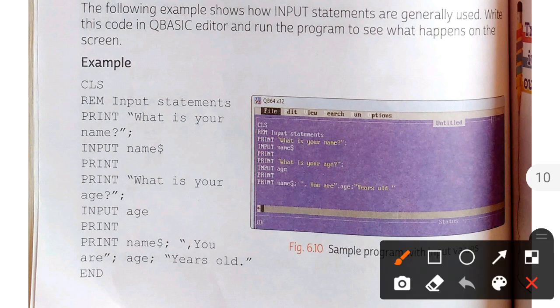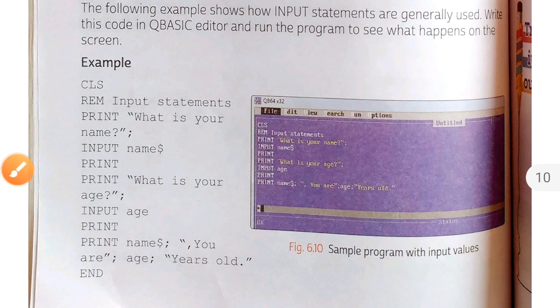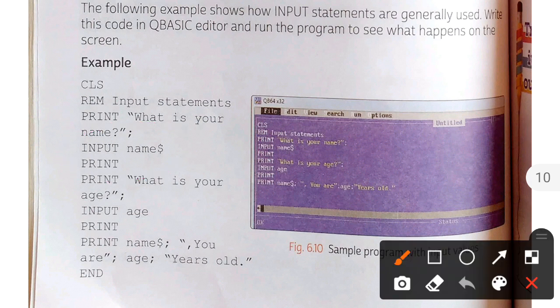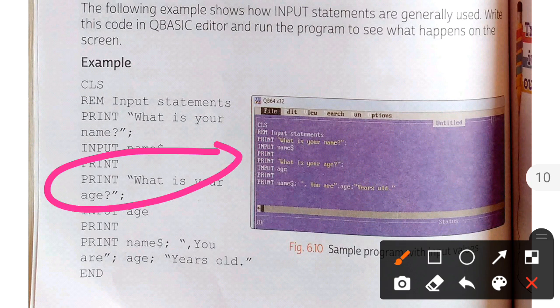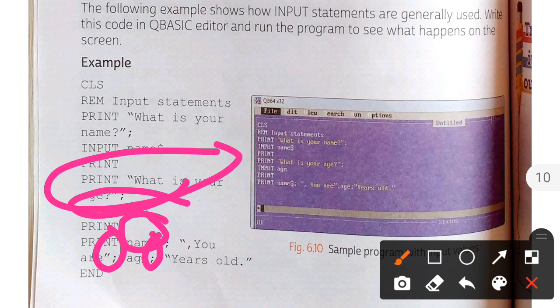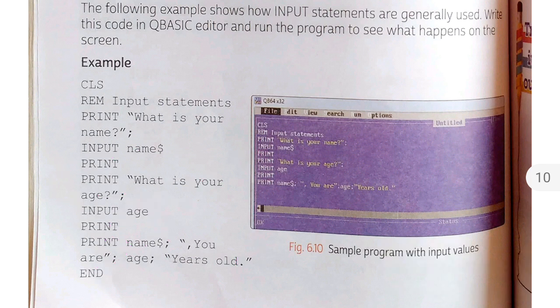Then you have input name string, then you have print, then print what is your age, then input age, then print name string, then you are, then semicolon, age, semicolon, and year old, semicolon, then finally the end command.